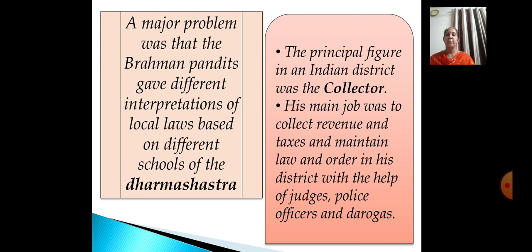To bring about uniformity, in 1775, 11 Pandits were asked to compile a digest of Hindu laws. It was written in Sanskrit, and was translated into English by N.B. Halhed. By 1778, a code of Muslim laws was also compiled for the benefit of European judges.